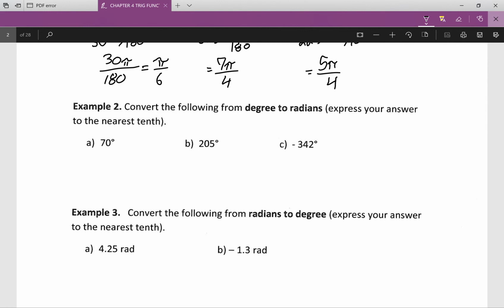So again, I just go 70 multiplied by pi over 180, so you go 70 multiplied by pi, and then that's divided by 180, and this equals approximately 1.2 radians. 205 multiplied by pi divided by 180 will equal approximately